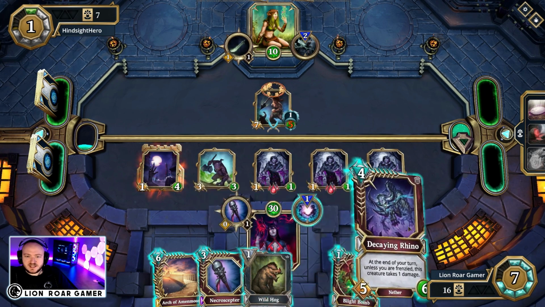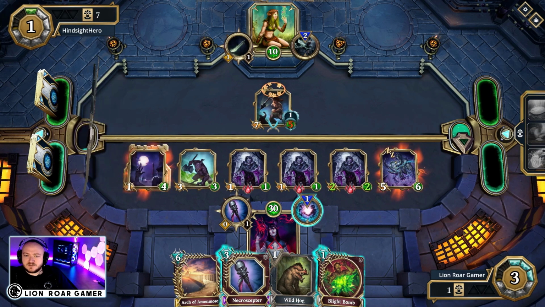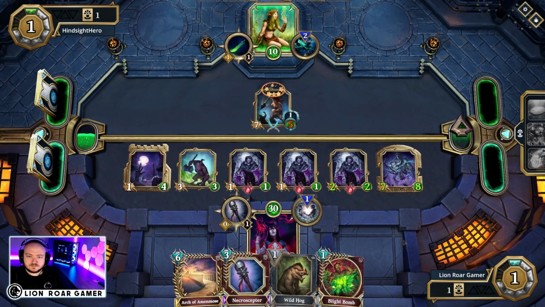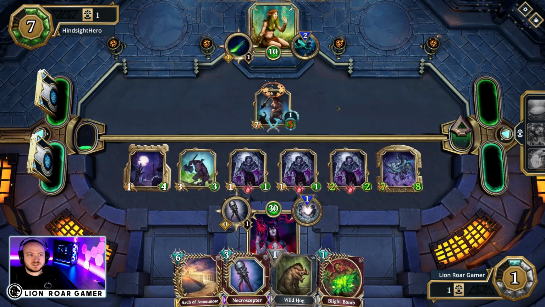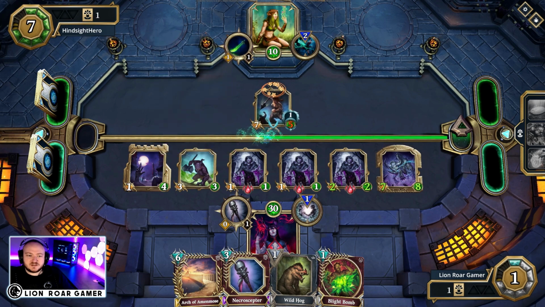Alright, so yes, I play the Decaying Rhino. And then I think I give it the Rune of Strength. And I can't use Blight Bomb on anybody over there, so we'll just send it on. So let's see, the problem for him is if Hindsight Hero uses Raging Giant against this, it dies. He has to make it bigger first, which I mean this deck can do. He does have cards in there to grow his creatures. The twin striking though, you know, he would love to be able to get rid of this creature and then hit me or hit another creature, but